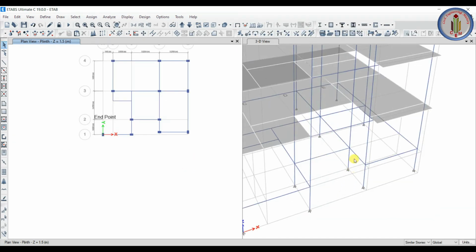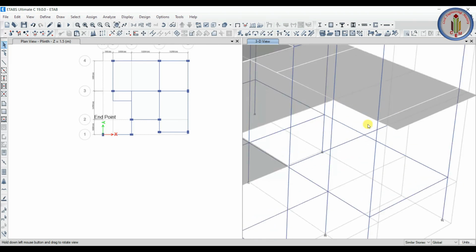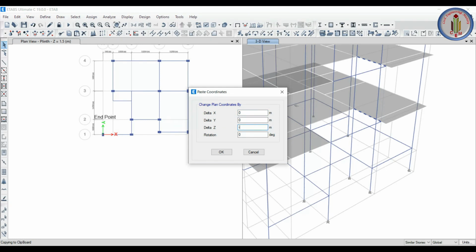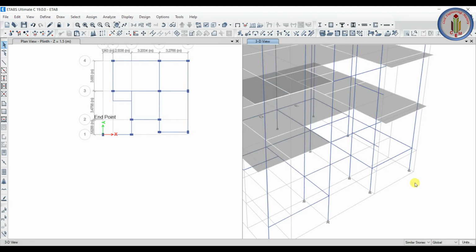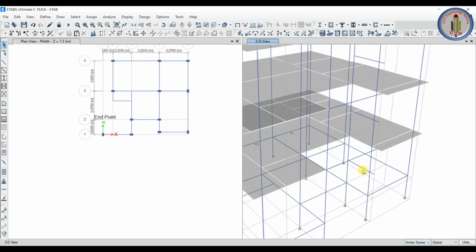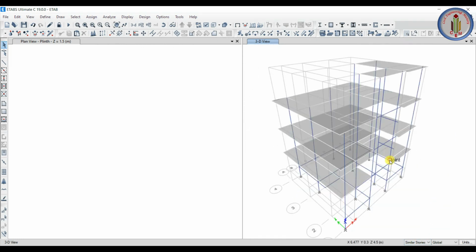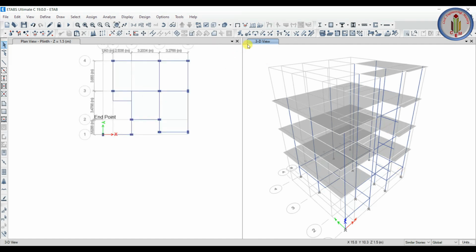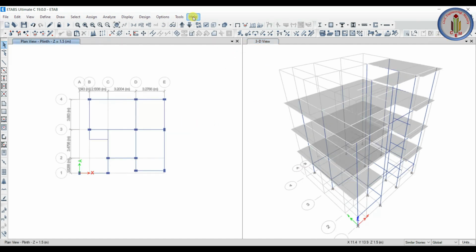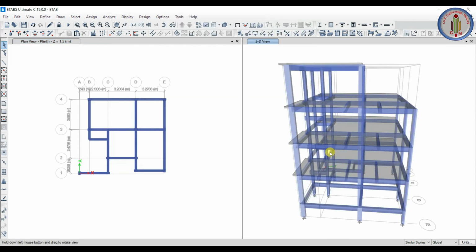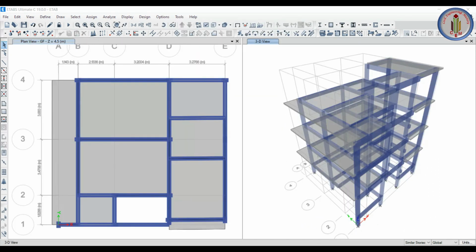So let's go to the 3D view. So this is the plinth level. So here we have the beam. Copy and paste in the Z direction minus 1.5 meter. See, here it is added, here it is added, and here it is added. So that's all. Staircase mid landing beam also added now. Let's just extrude the object and then see extrude frames and cells and then see how it looks like. Model is ready. In the next video, let's see how to apply loads on the same G+3 building.